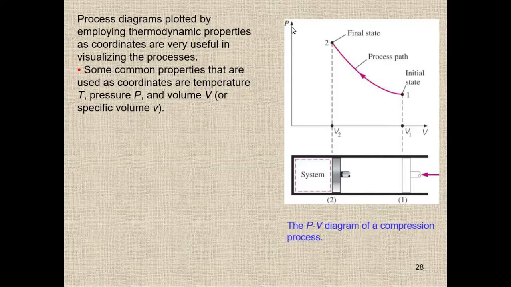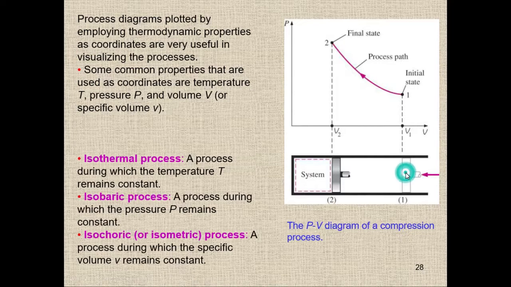You can see this is a process diagram on a PV diagram. This is the y-axis and this is the x-axis. So we have P and V. This is called a PV diagram, and we have the initial state here and the final state here. Normally it is a piston cylinder device which is moving from this point to this point. It's moving from here to here, and this is the initial one and this is the final one, and this is the path that the system is following from point number 1 to point number 2.